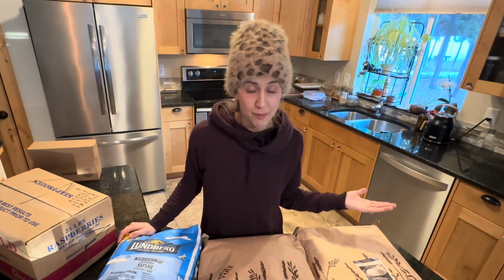We are feeding 7 people, so that's quite a lot of food, and we're all home full-time at the moment. My husband is returning to work, but right now we are all home full-time, and we have been for the past 2 to 3 years. That means we have had 3 square meals a day plus snacks and whatever else in between for a very long time. So it's constant food preparation around here, and when you make most things from scratch,